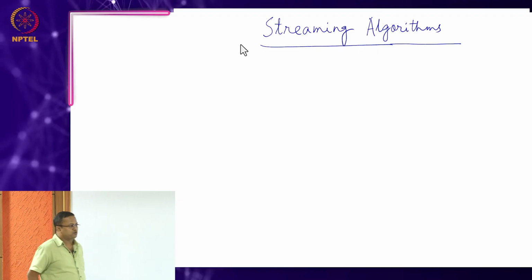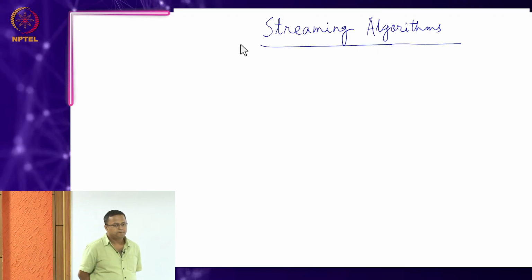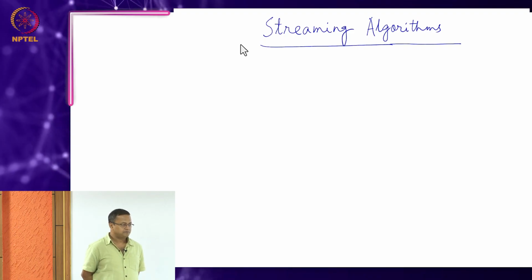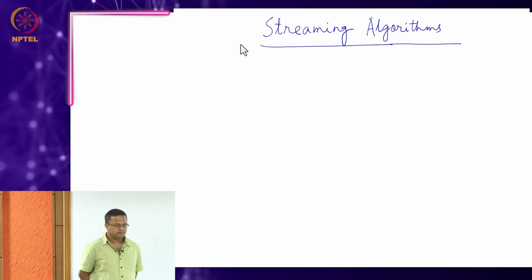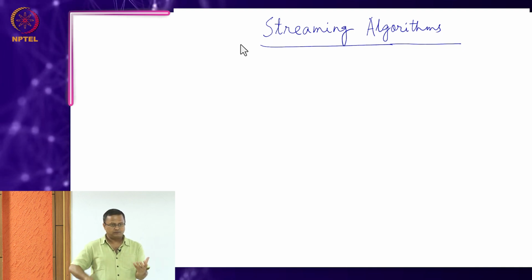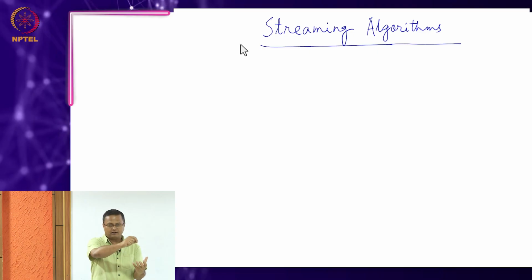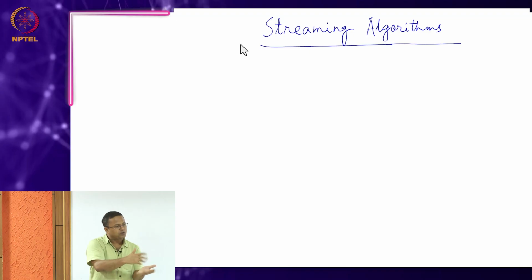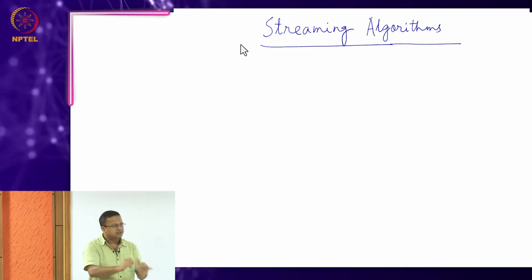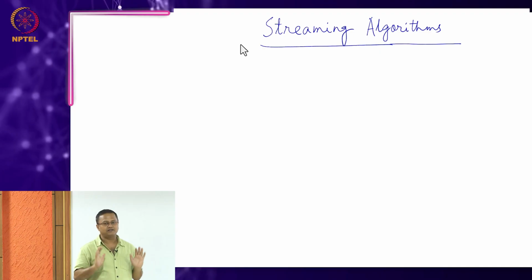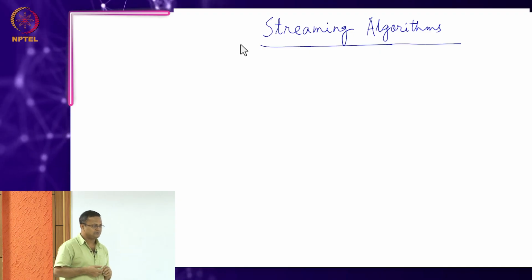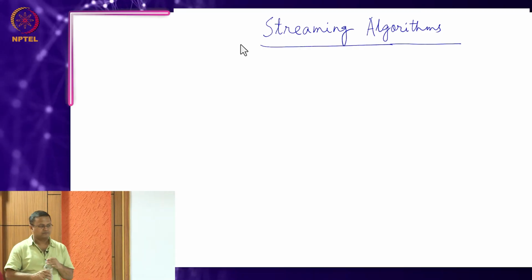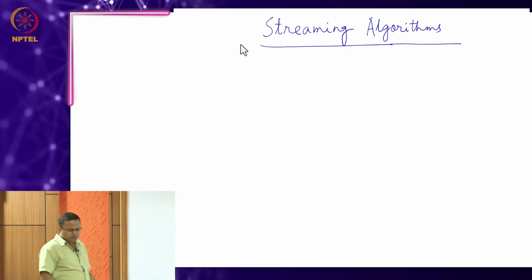Say for example, it just wants to figure out how many distinct IDs were there. Right. So, each one has an address imprinted on it. So, it just wants to figure out how many distinct addresses to which I have sent the data. Do you appreciate the problem? Now, think of this problem